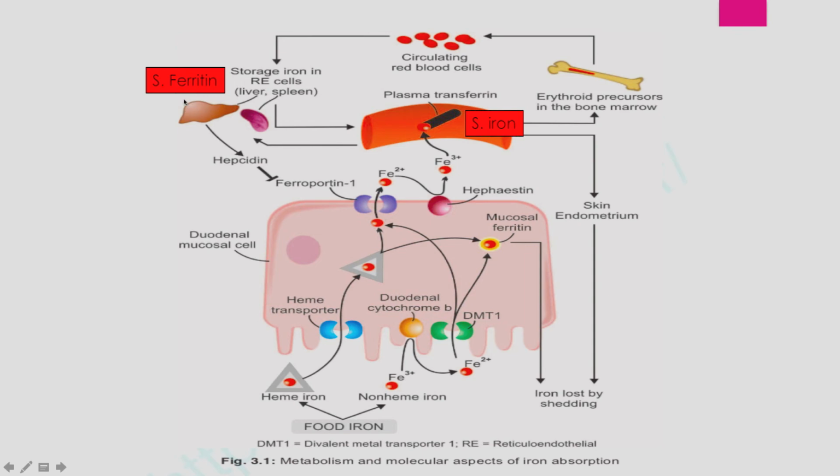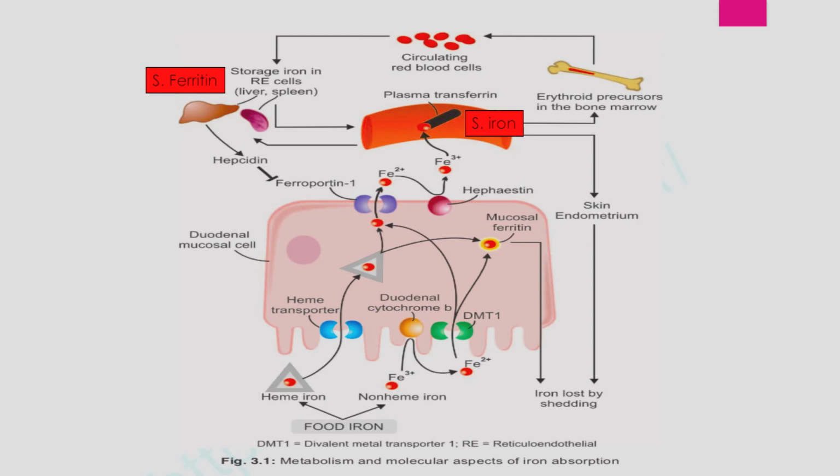When the iron attaches to that apoferritin protein, it is called ferritin. So ferritin is the storage form of iron in the liver and spleen. When this ferritin is in huge quantity, then another protein comes, and those larger ferritin molecules are now called hemosiderin. So the body stores iron in two forms. One is ferritin and another is hemosiderin.